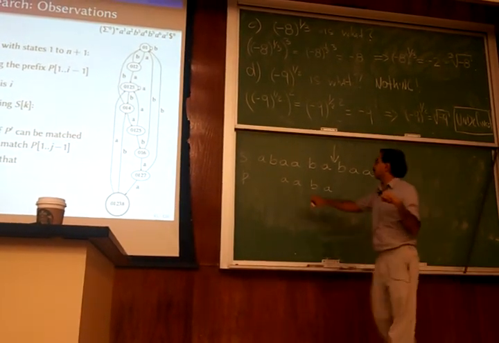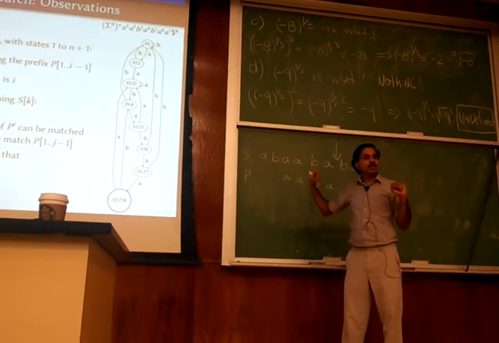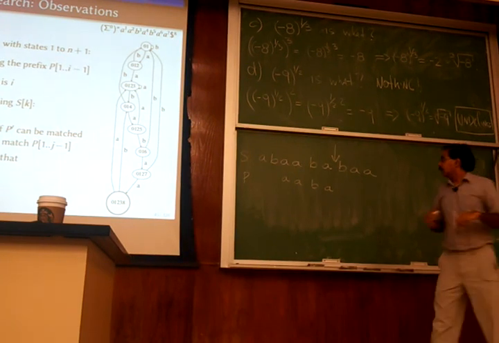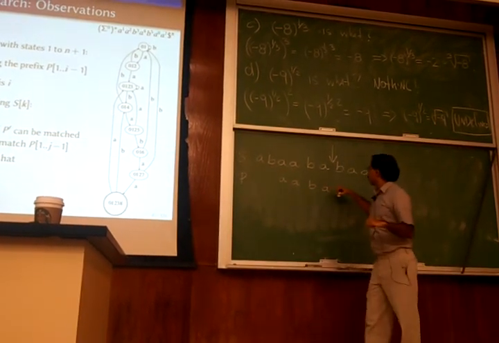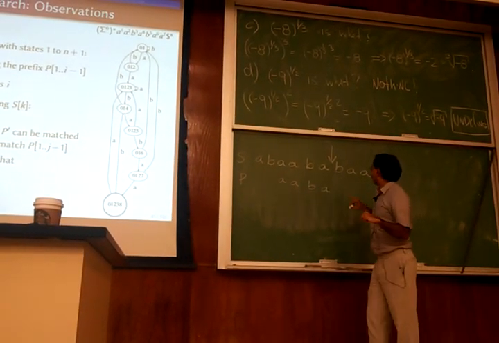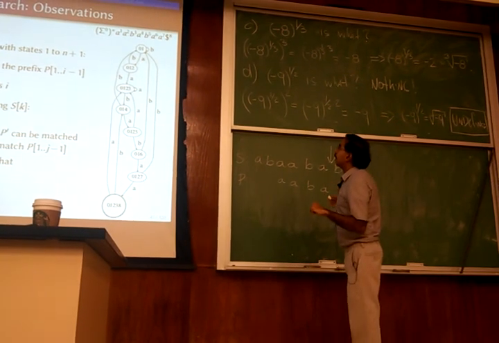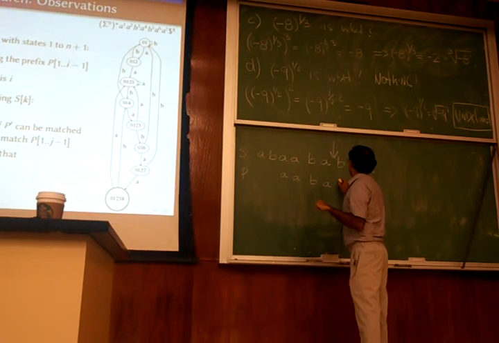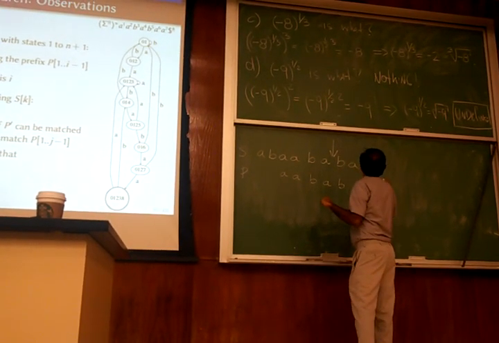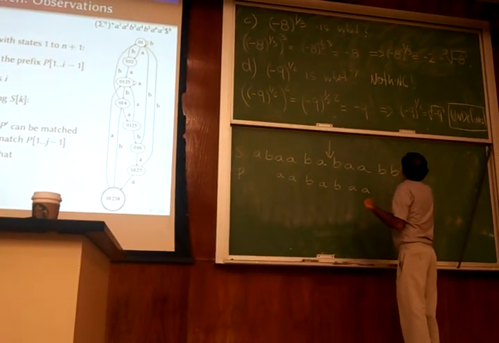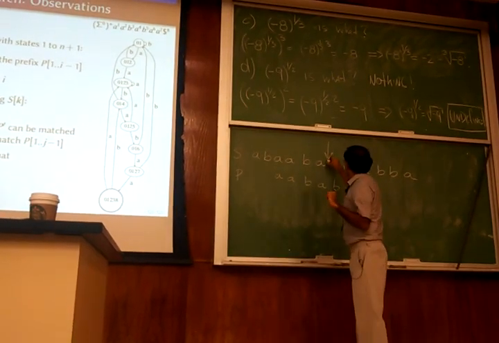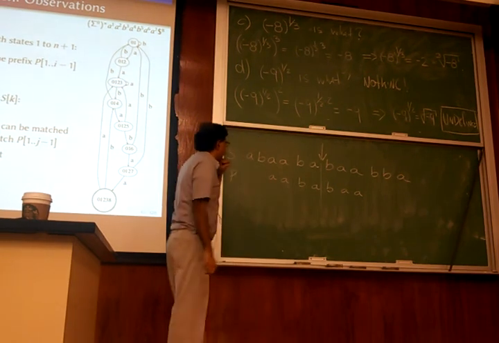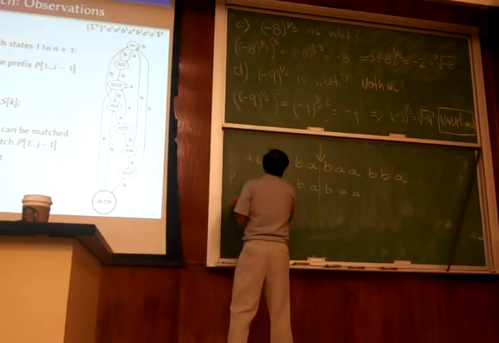Okay, and you can see that this AB is not going to help you do anything, right? Because the pattern doesn't start with the AB, so that's not going to help you, so you will have only gone this far, right? And then okay, so this is where we are. Okay, so now the point to see is that we have matched